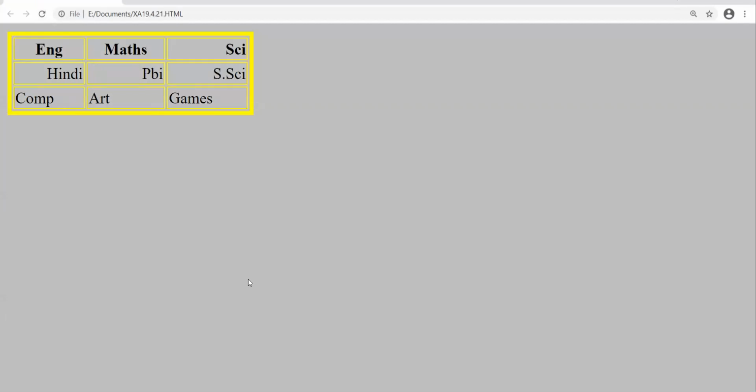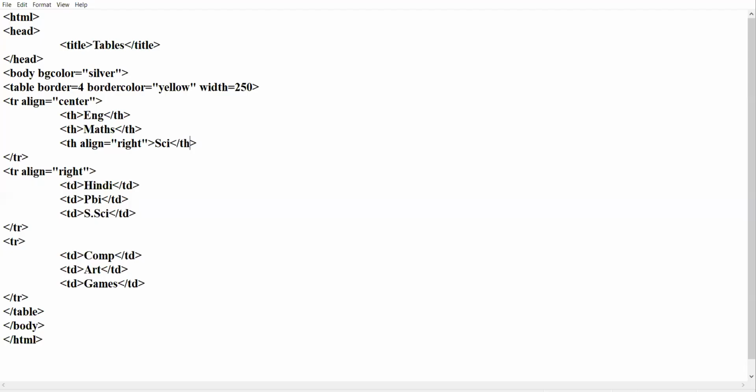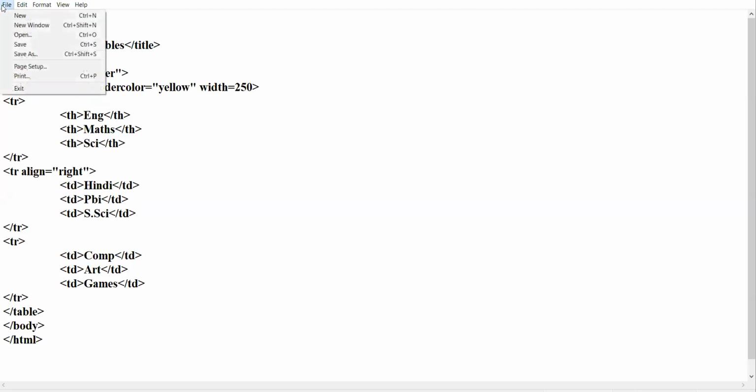English, math, science, they are appearing in the bold form as compared to other data. English and maths, if I remove the alignment from here, I am removing the alignment from here. No alignment I am giving to the header row.